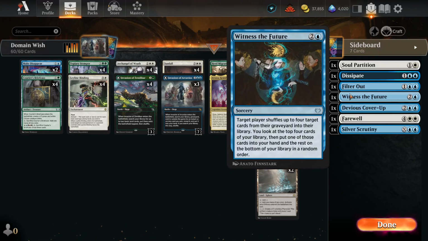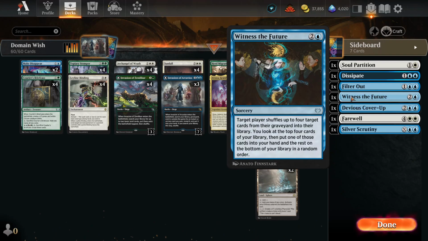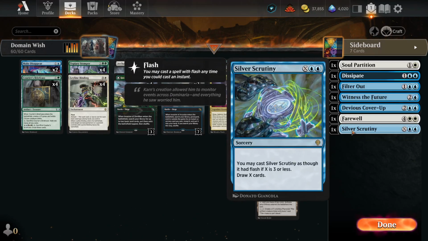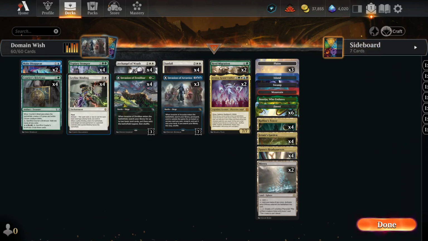I have 1 Witness the Future and 1 Devious Cover-Up for that infinite recycling back into the deck kind of idea for long drawn out games. We got 1 Farewell, just to farewell our opponent's board, and 1 Silver Scrutiny, so that we can always draw cards when necessary. And the reason why I don't have 2 of anything in the sideboard,